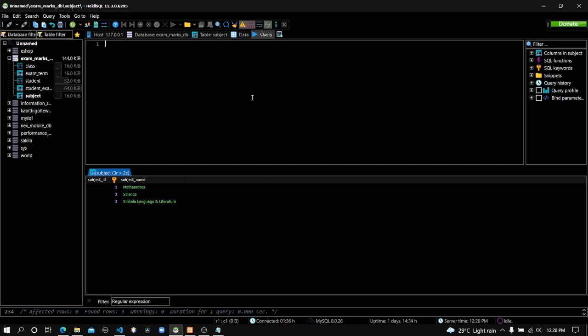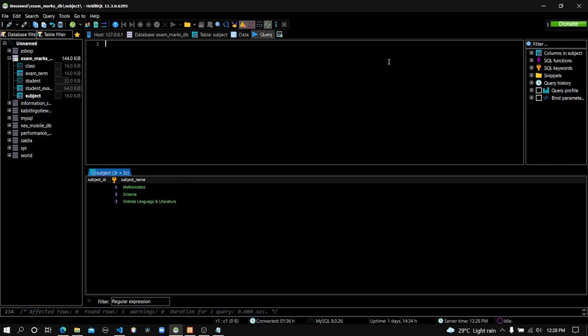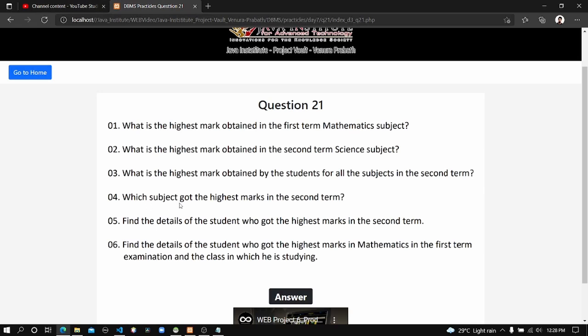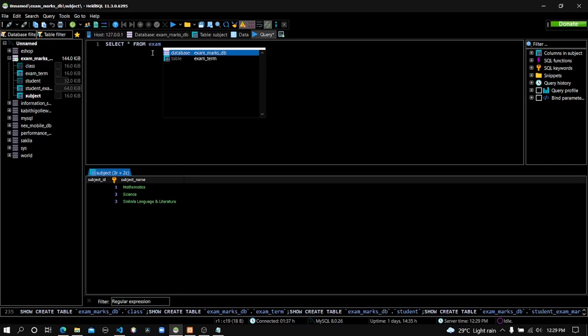Let me copy this one to a separate file, and let's find the maximum mark of the second term test. Let me go to the question. You can see which subject got the highest mark in the second term. So let's repeat the method we used to find the maximum mark in the third part of the question. Select, for now I need all the details, asterisk from exam mark DB, and here's the table student exam mark record,